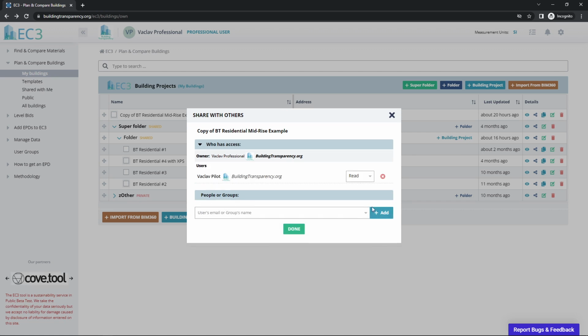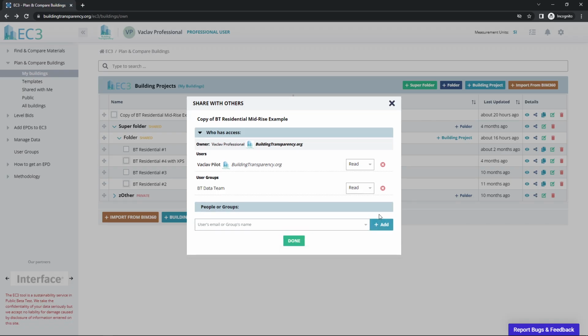Similarly, you can type in a group name and share the same way. You can then change the permissions for each user or group that the project is shared with. I will come back to this later. If you try to share it with someone who does not have an EC3 account yet, you won't see their name come up, but